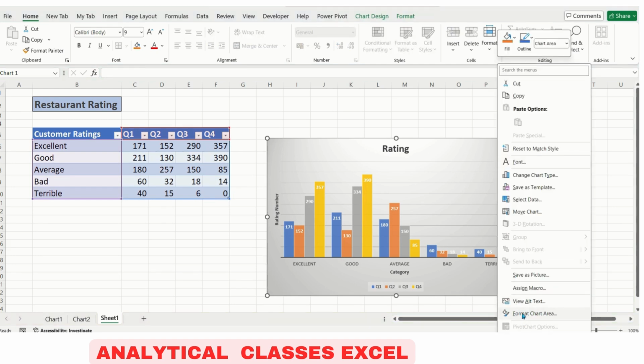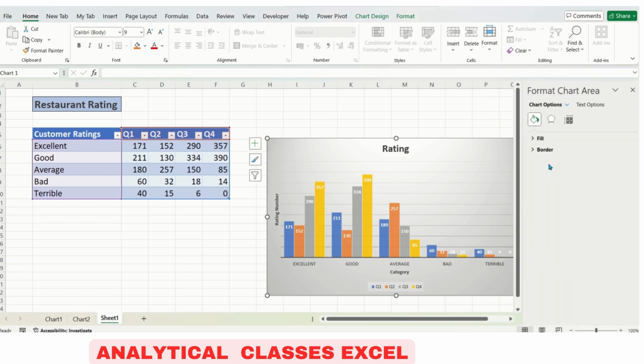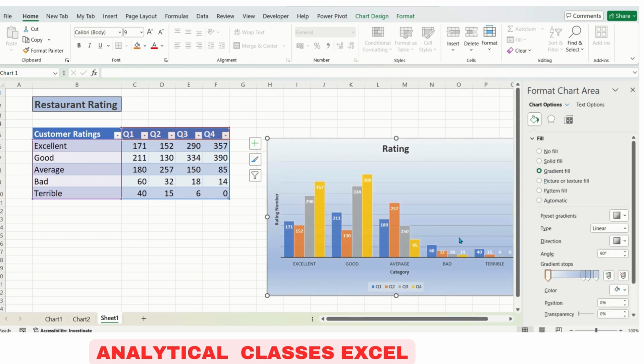And if you don't like this and you want to customize your chart style, you can go and format chart style as well. So if you want, you can fill some gradient thing like this. You can increase the shadedness of the color.